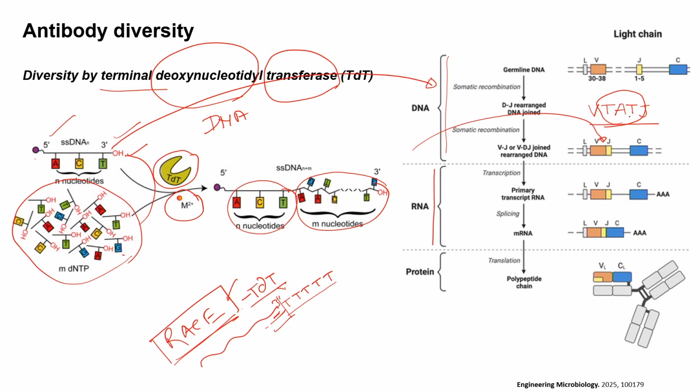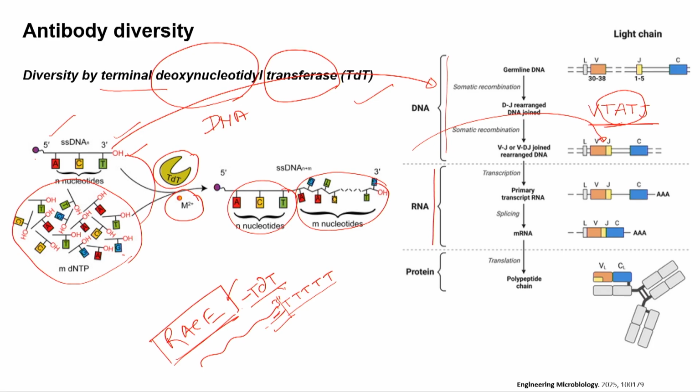This variation happens because of this enzyme, and therefore it is critical to understand that this enzyme can create a lot of variation in the immunoglobulin chain after the gene rearrangement of VDJ recombination. So this is the second important step in the antibody diversity, where the enzyme can play a very important role in changing the sequence